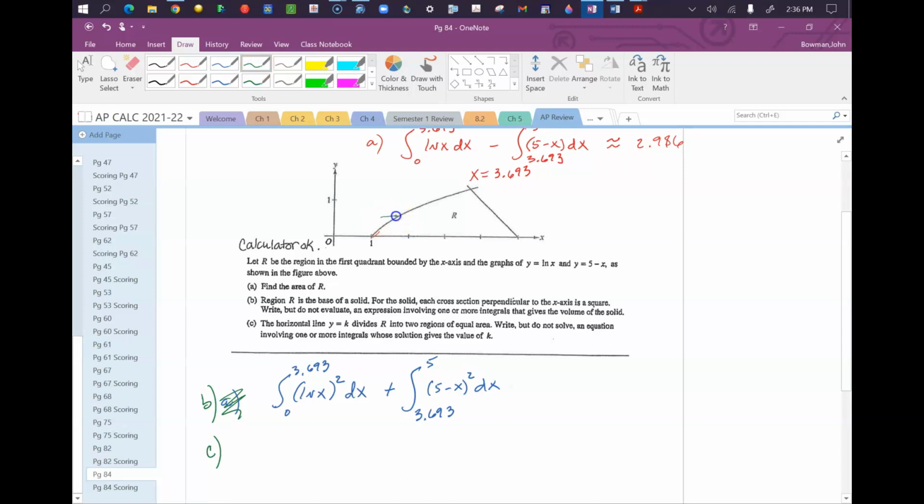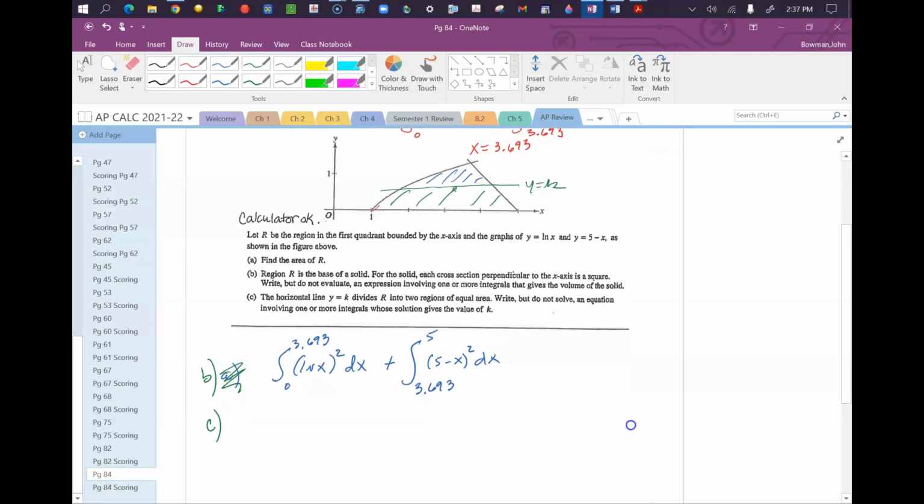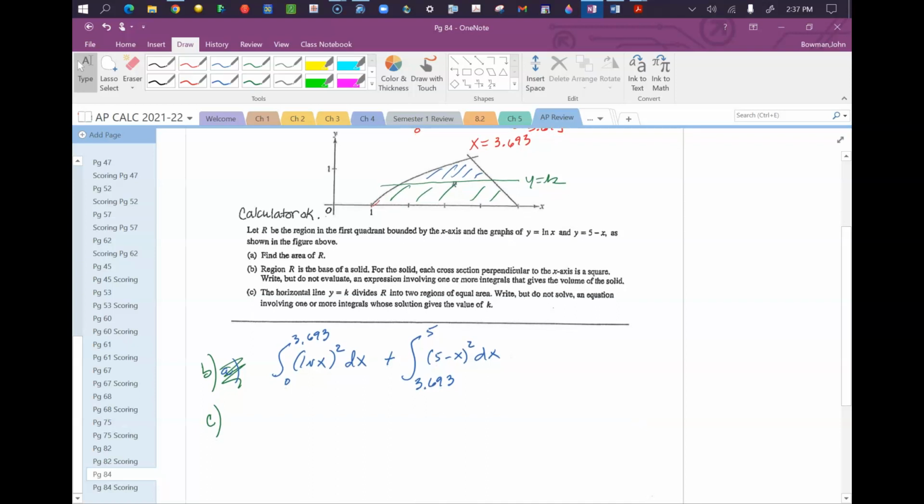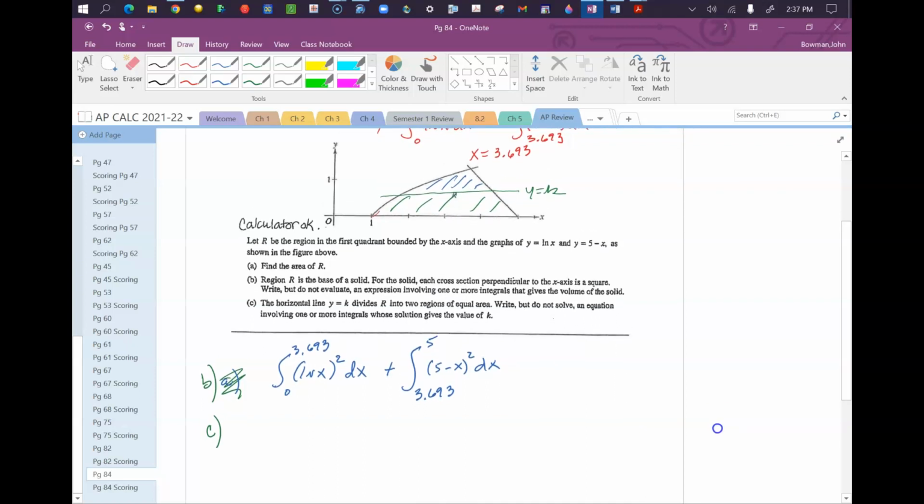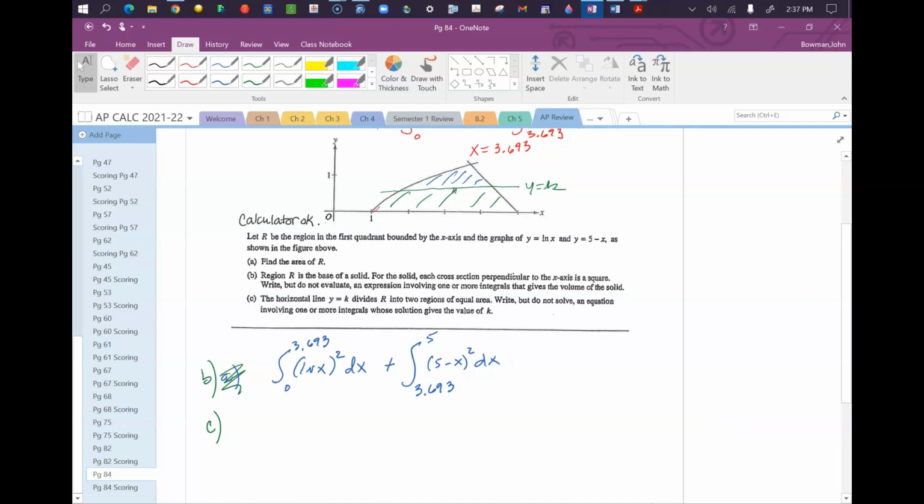Somewhere in here there's a horizontal line y equal k that divides this into 2 equal areas, the green and the blue. So we need to write but do not solve an equation involving one or more integrals that finds that value of k. So what we're going to have to do is integrate with respect to